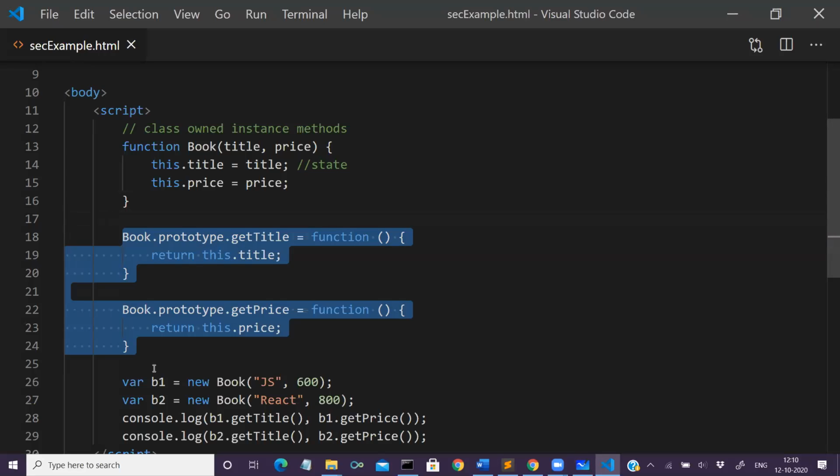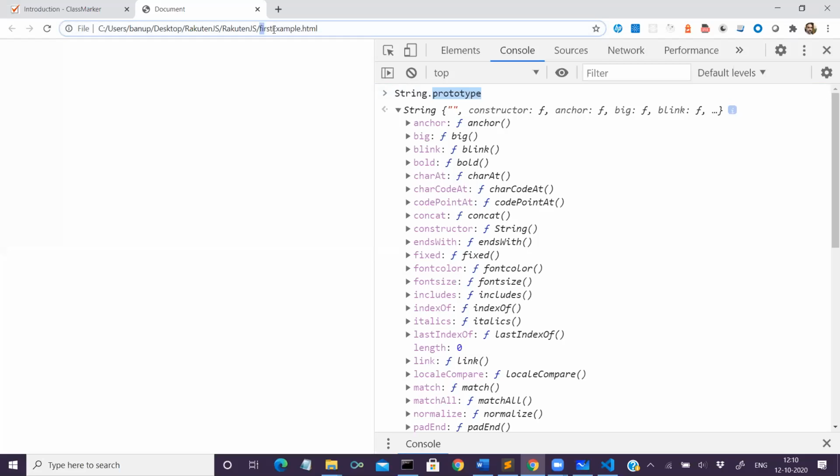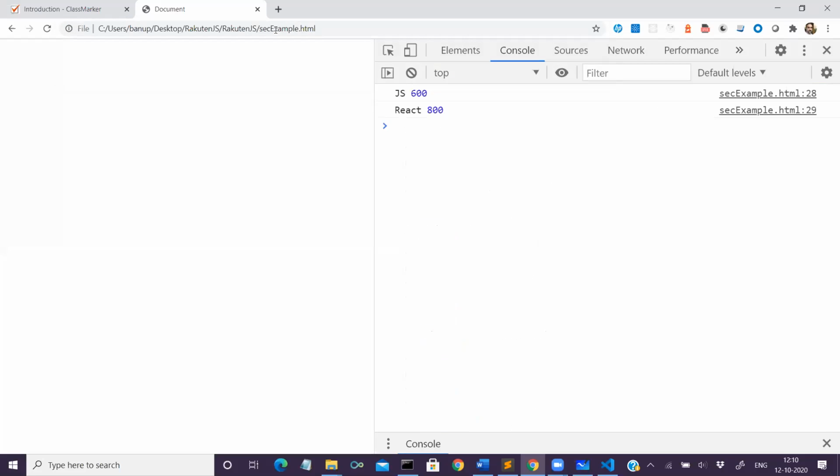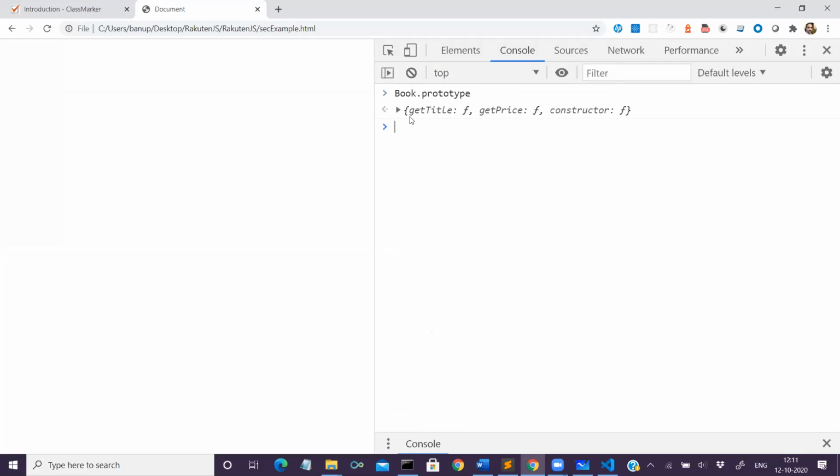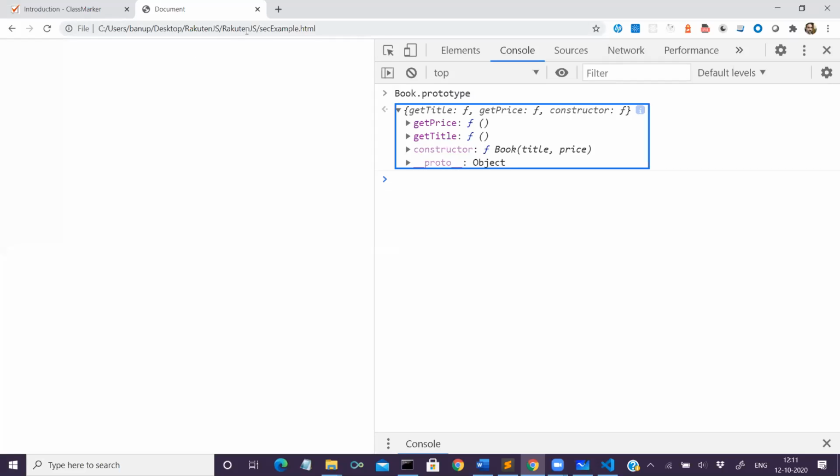Got it? Is it clear? So if you see here, second example, for this also, book dot prototype. Can you see? Prototype has this constructor definition plus get title plus get price. Got it? Whereas in the first,